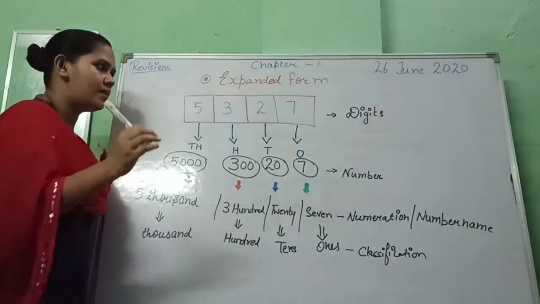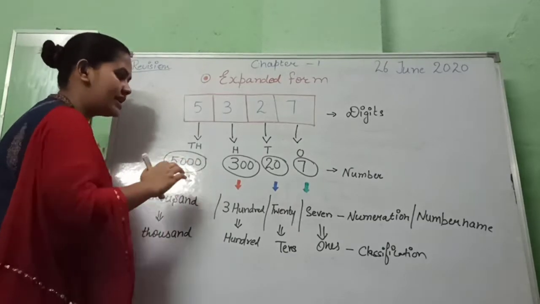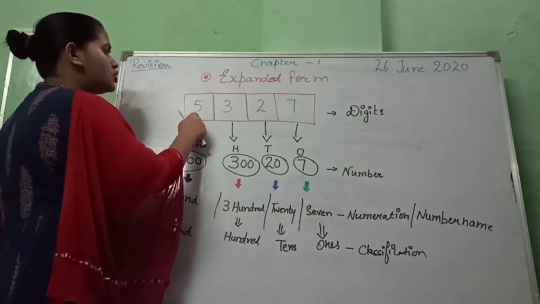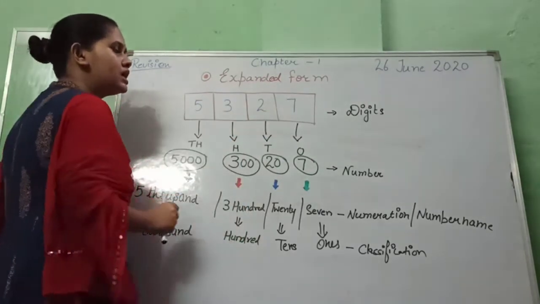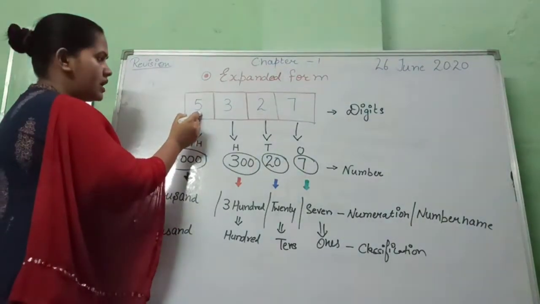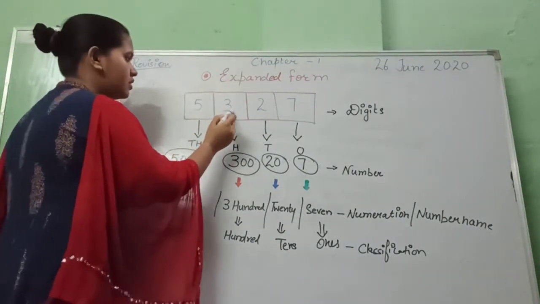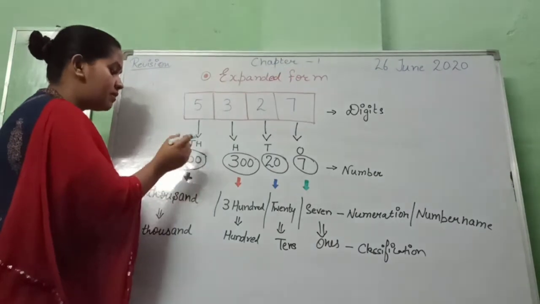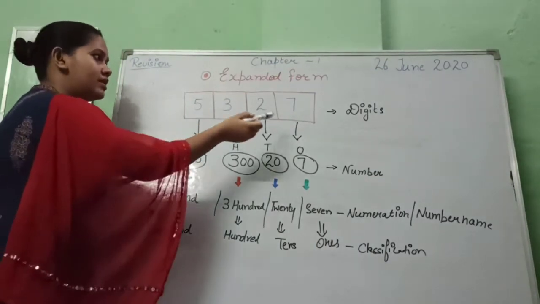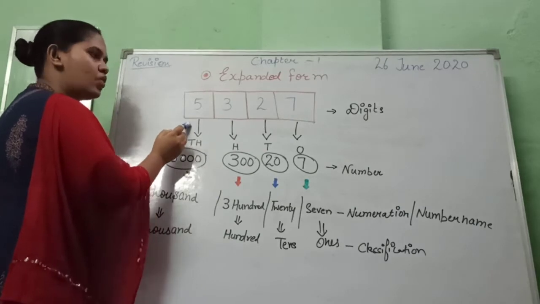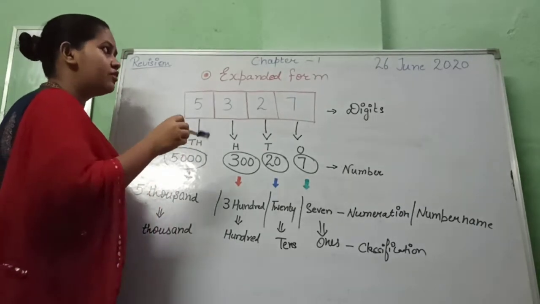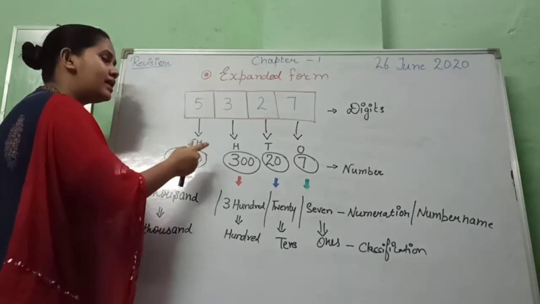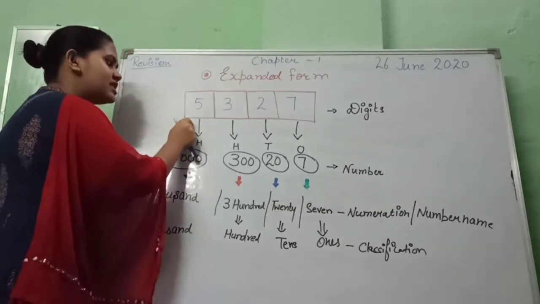Now I know in your mind there are so many questions about why these zeros are here in an expanded form. Expanded form means we have to give a value to 5, to 3, to 2, to 7, right? You can see 5 here, and after 5 there are 3 digits: 1, 2, 3. So that's why we give 3 zeros to 5, which means the place value of 5 is 1000, which is right now the largest one, right? In the next session, when we learn about the comparison of numbers, always remember, when we compare any digit with the other digit, we always start from the left.